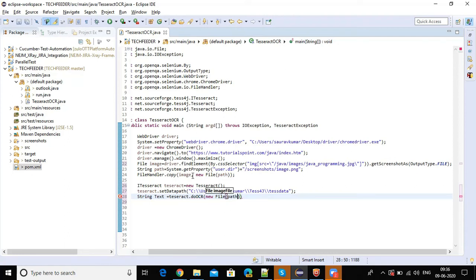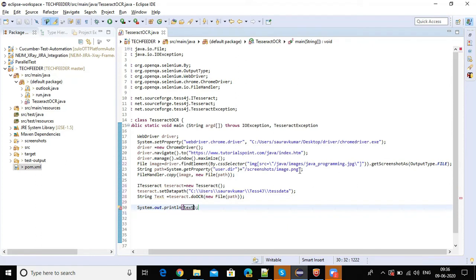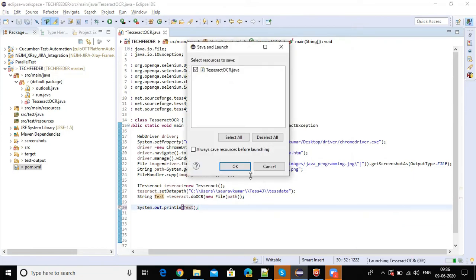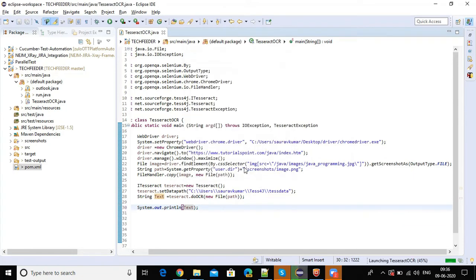The path that we have mentioned above, we will provide the path. Now we will print the text. We have saved that. We will run this as a Java application and see what's the output. Save it.